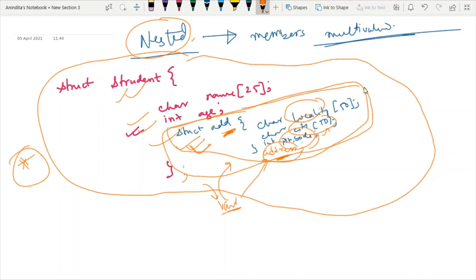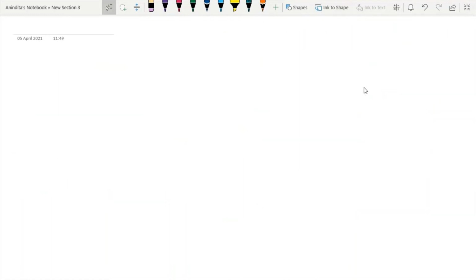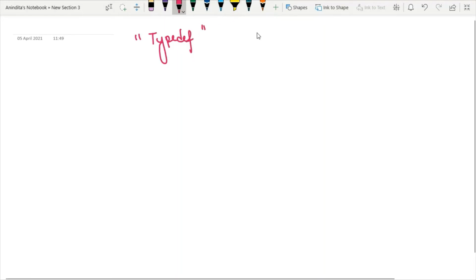Now we have another kind of syntax in structure. But before that, we have to learn a special keyword in structure which is known as typedef. In C, typedef is written in small letters.